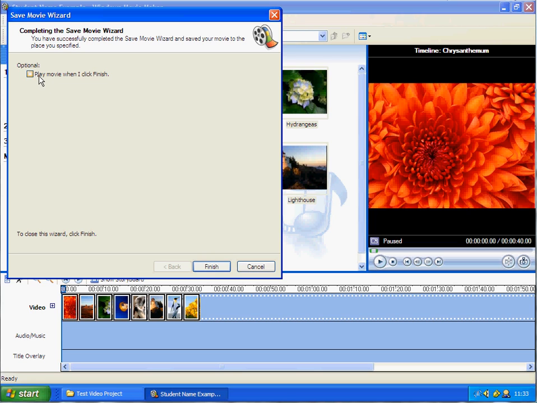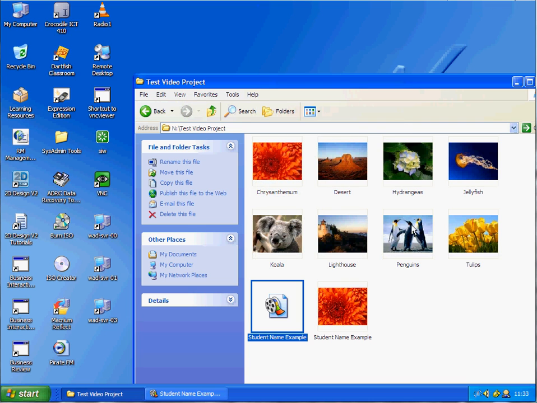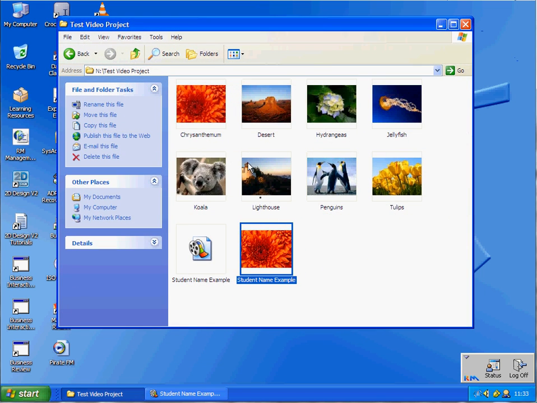And at the end you've got an optional box you can tick. When you click Finish, if you tick that box and you click Finish, it'll play the file. So if I press Finish without, and I minimize Movie Maker, and here we have the video file,